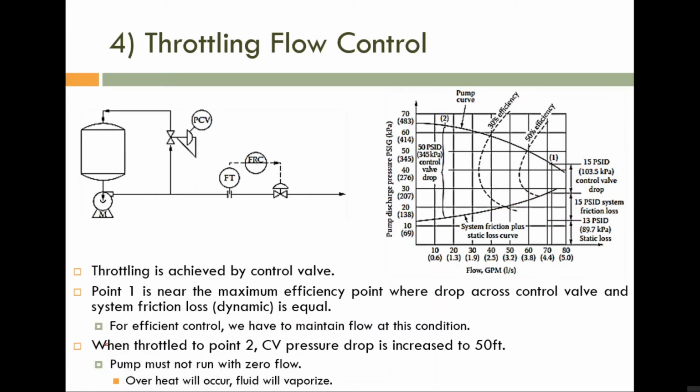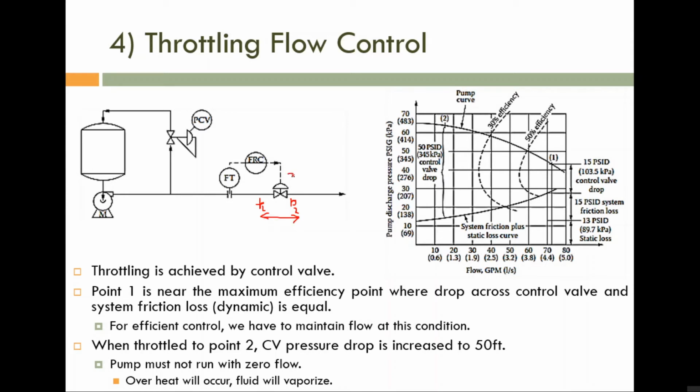Okay, so now to reduce flow. Normally you can see this controller in every process. To reduce flow, you have to close the control valve. Okay, so if you are closing the control valve, what is happening? I told you here the pressure is P1, here the pressure is P2. Now if you are closing the control valve, P1 minus P2 will increase. This pressure drop will increase if you are closing the control valve.